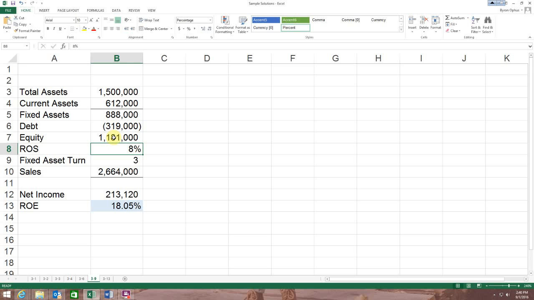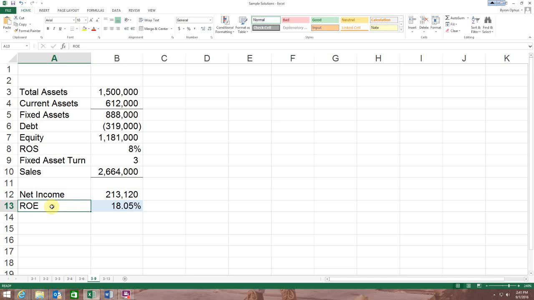Ultimately, it tells me my return on sales is 8%, so I've got that right there, and my sales I calculated to be 2.664 million. So now I can calculate my net income, which is simply my return on sales times my sales. So I've got a net income of $213,000, and then it asks for my return on stockholders' equity,